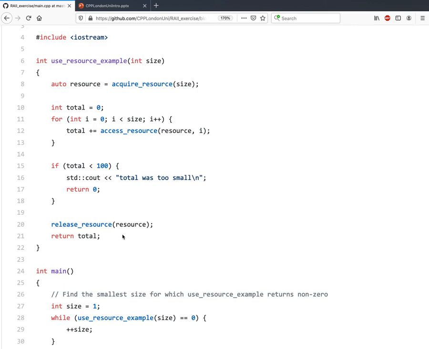And there is, as Laurent said, another issue, which was a little bit nasty of me actually. There's another issue that you won't hit, but you might if you edited this function, which is that this access resource function will actually throw an exception if you ask for an index that's out of bounds. So if the size was 10 and you ask for index number 20, then access resource is going to throw an exception, which is not in itself wrong, but it does mean that, again, the release resource function would not be called.